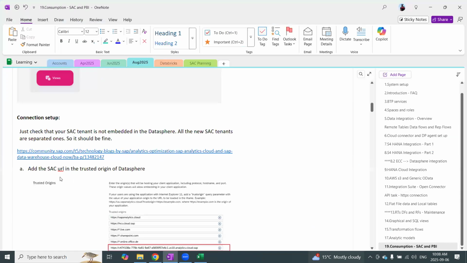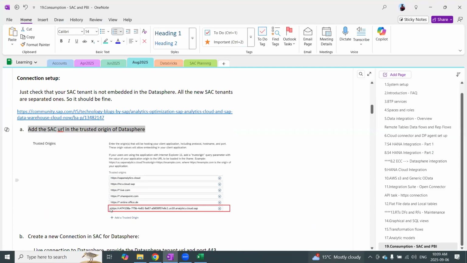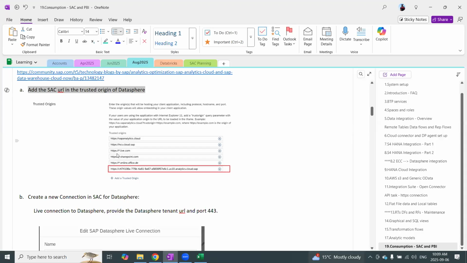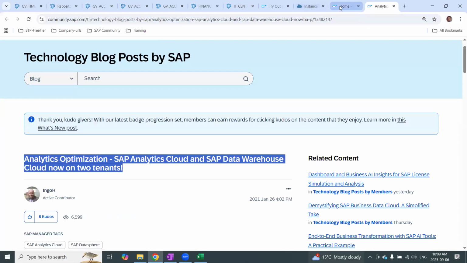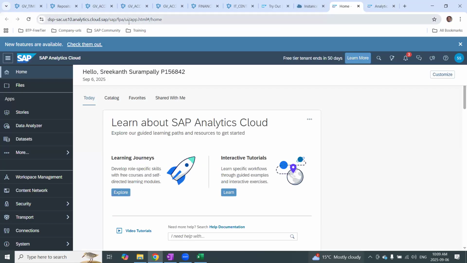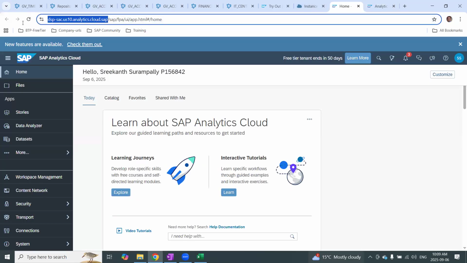So go and then add the SAC URL as a trusted origin of the datasphere. That's the most important thing. So what are we going to do? First configuration. This is the SAC URL that we just got when I opened it. Take that URL and add it as a trusted origin in the datasphere. Okay, now I have the trusted origin, all the way up to this point. Copy it and go back to the datasphere